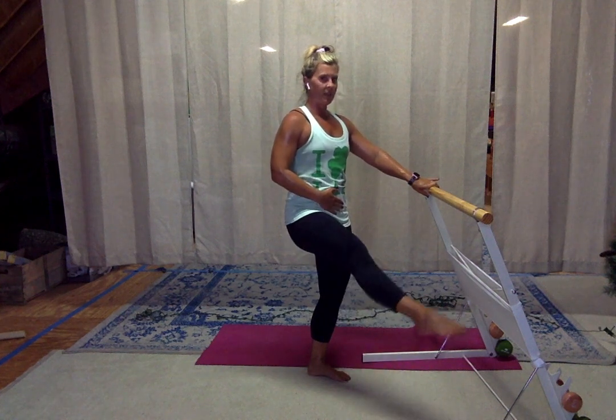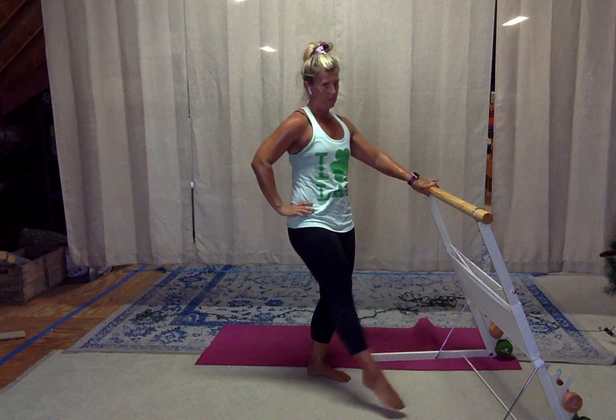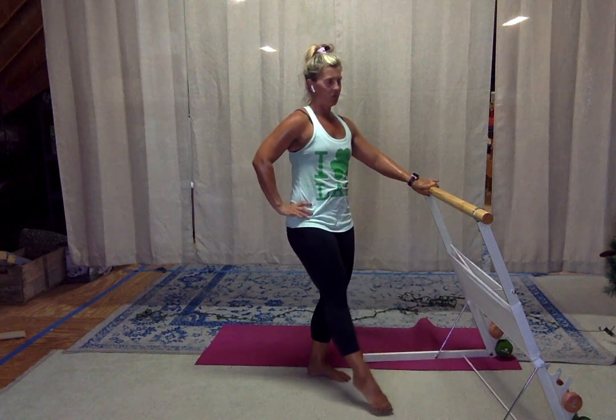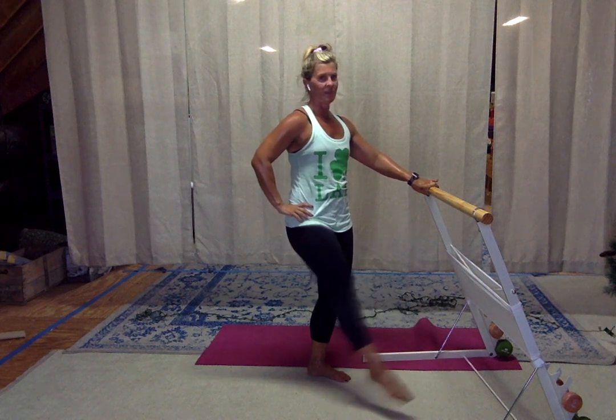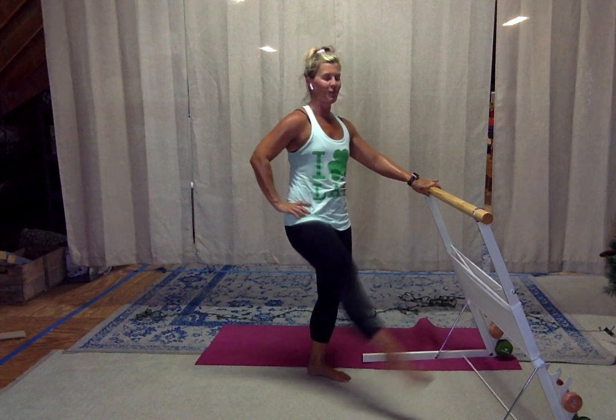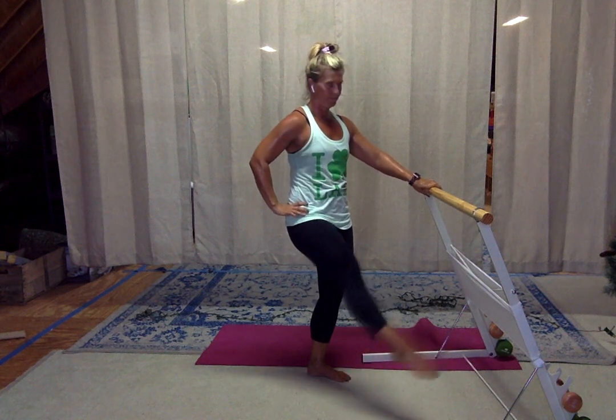Breathe. Pull the belly in. Squeeze the butt cheek of that standing leg. One more set of singles. Tap, lift. Really lock out that knee. Sometimes we think it's straight, and if you squeeze a little tighter, you know that you have not locked out. 3, 2,